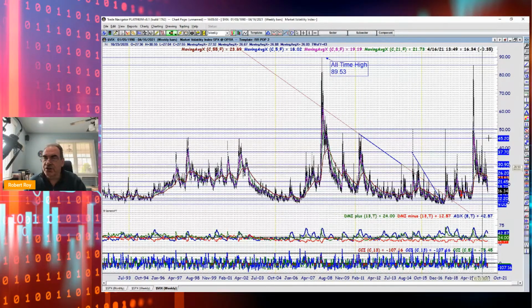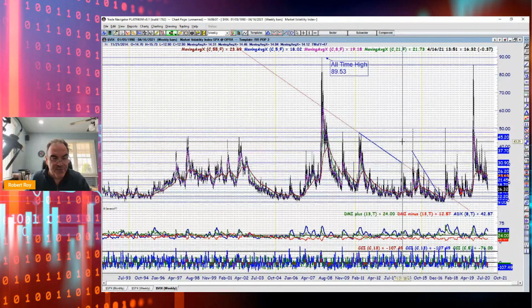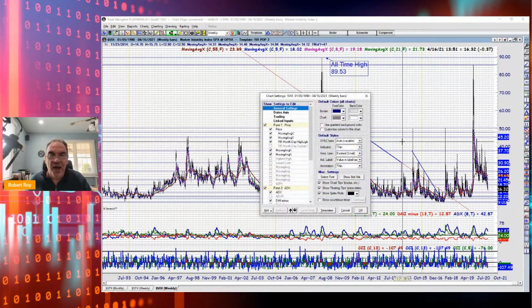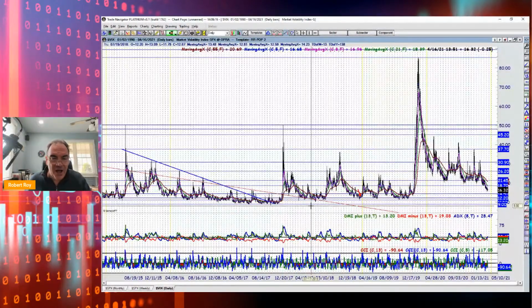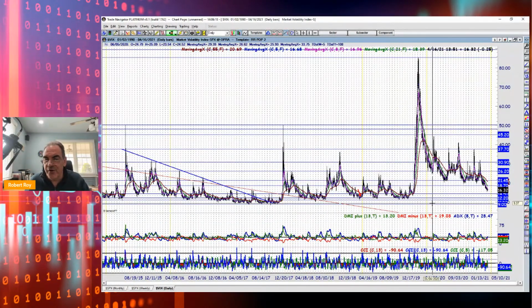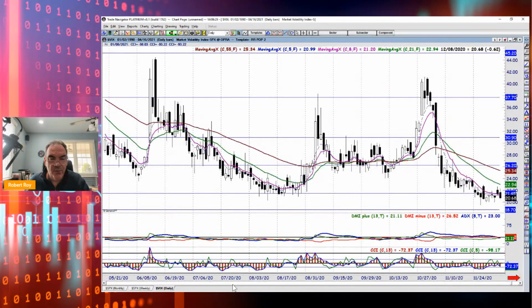89.53 was the highest. You'll see there are some blue boxes on the right side of my chart. There are some horizontal lines. These horizontal lines, I have spent a very long time analyzing VIX, fear, helping me to understand where the important levels are and where I can start making decisions to place certain types of trades. So if we zoom back in a little bit on this, and we go back pre-COVID, so let's go back to very early 2020, late 2019, right in here. Let's zoom in a little bit and let's bring this backwards. We'll just scroll back.